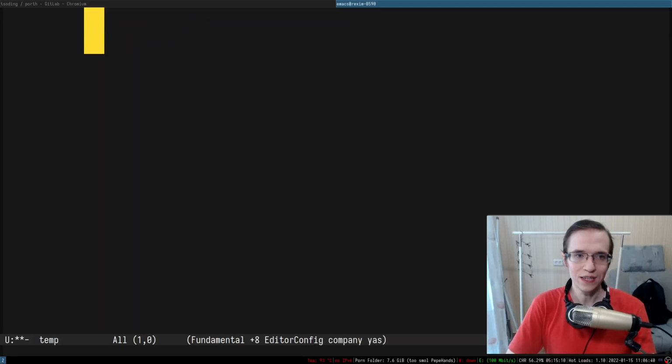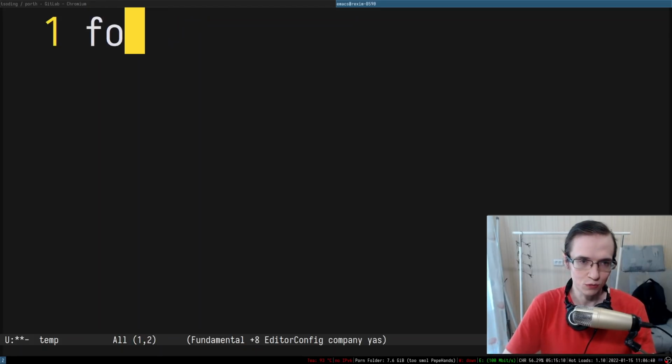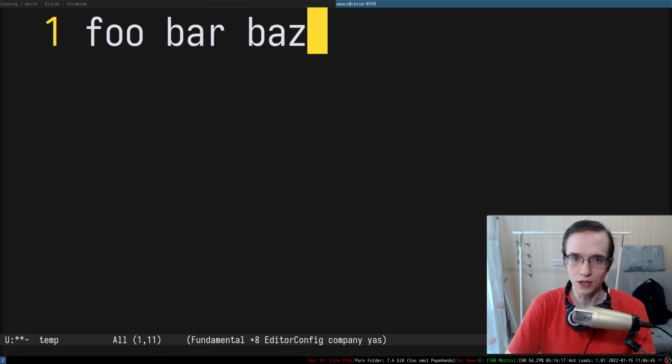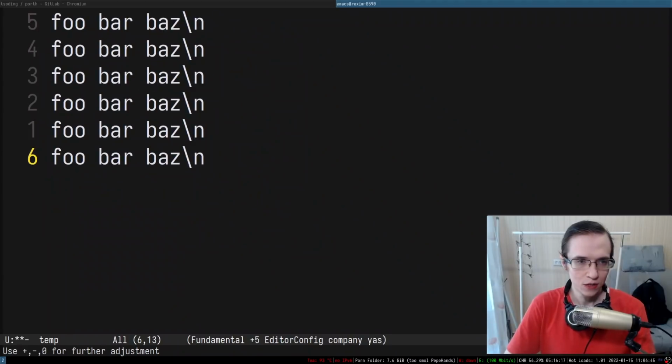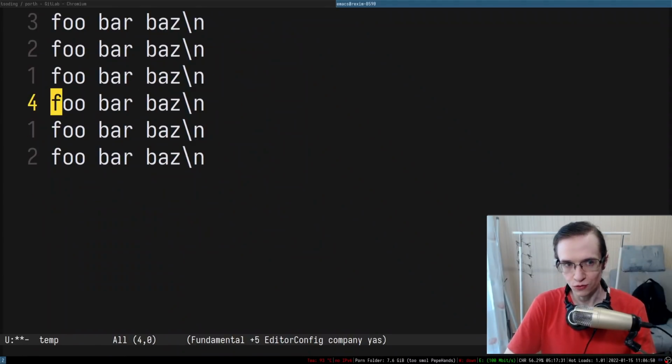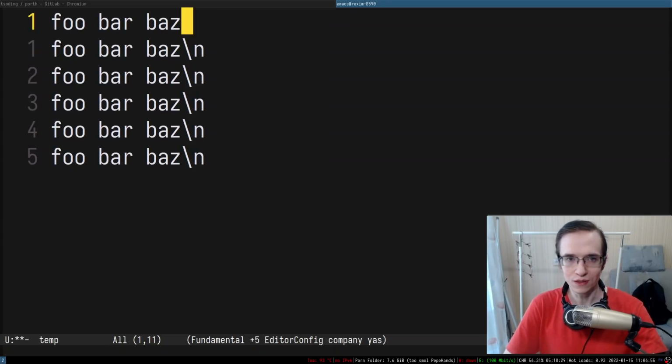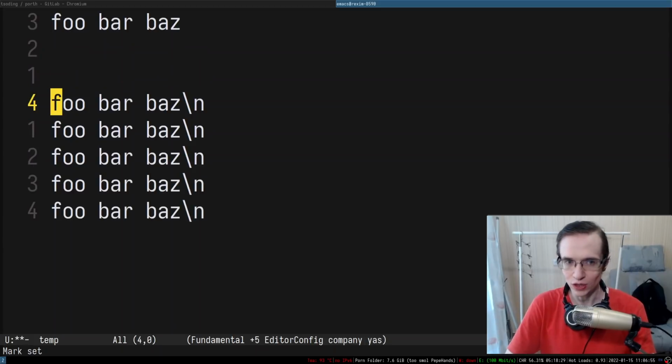So how does our lexer work, right? We have some sort of source code, foo, bar, buzz, and then we have new lines, and we have several lines in here. So essentially the lexer first chops off the line by this delimiter, removing this delimiter and putting aside the rest of the string. And then it tries to tokenize that specific string.